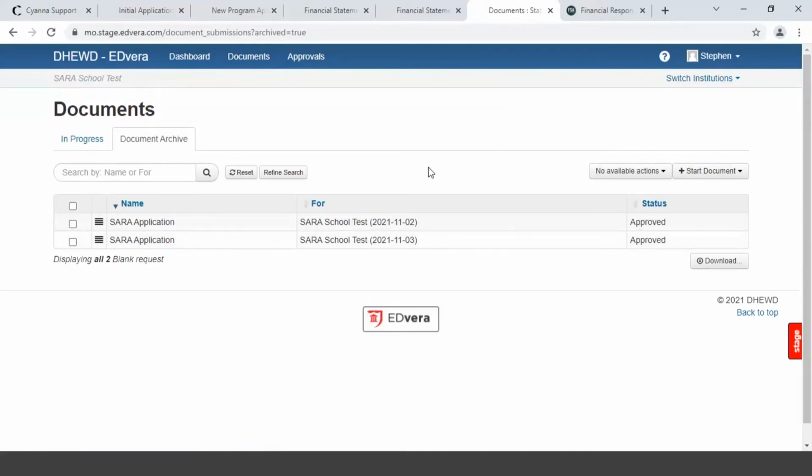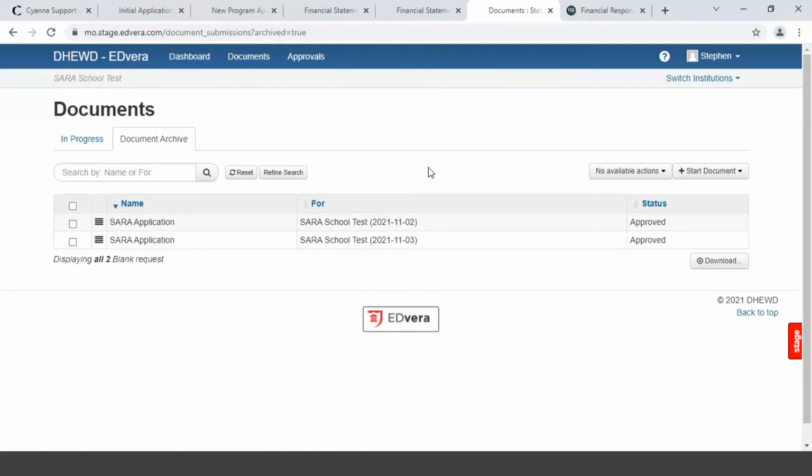Once you have done this, of course, we notify NC SARA at that time that the school has completed its state renewal. And at that time, NC SARA will then generate an email to the institution. I believe it goes to the primary SARA contact and possibly the billing contact. That was a new element that they added to the SARA application.